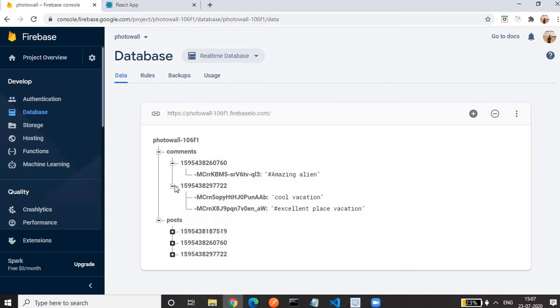Then we'll expand. For the second photo we have 2 comments. We can consider comments as an object. These are the IDs corresponding to the photo ID, and this ID has an array of comments. So for this ID we have 2 comments, and these keys are auto generated by Firebase. Okay, so in this way the data gets stored in Firebase.